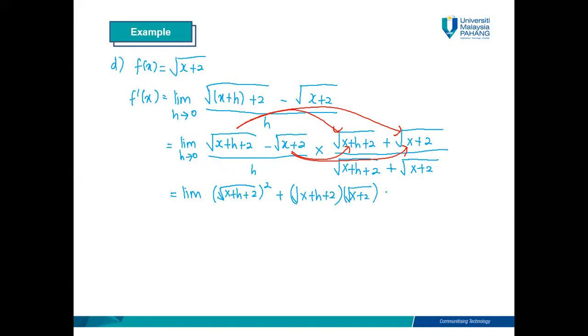Okay, so lagi minus square root of x plus 2 darab dengan square root of x plus h plus 2. Sorry, memang tak cantik sebab saya pakai tablet biasa saja. So plus darab dengan minus, so minus. So sama juga, square root of x plus 2 dua kali. So square root of x plus 2